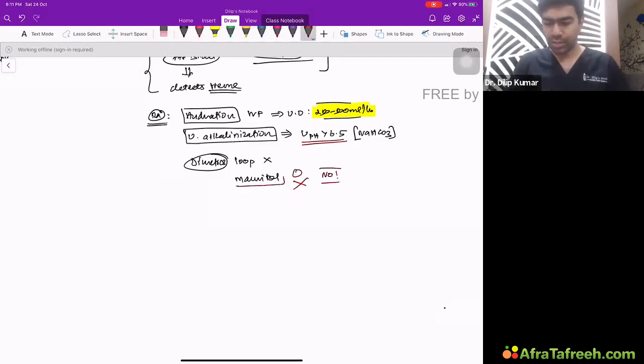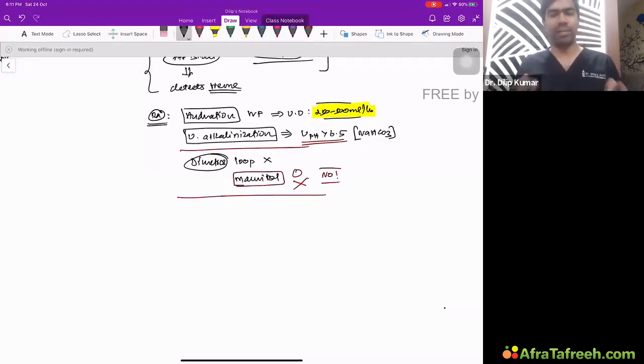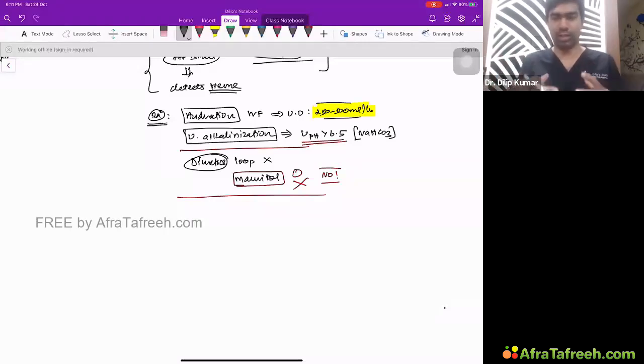But previously, in the beginning, they used mannitol because mannitol, being an osmotic diuretic, takes a lot of fluid from the interstitium and the tubular cells into the lumen. So what they believed is, if you give an osmotic diuretic, by taking off more water it will dilute the myoglobin, so that you can prevent the deposition of the myoglobin. But later on, we know that mannitol is not that effective, and sometimes it can even worsen the AKI caused